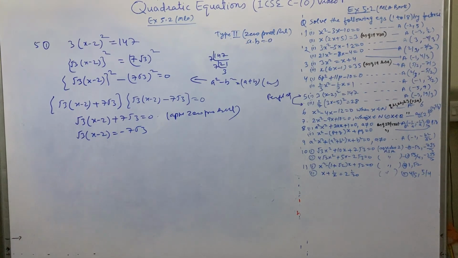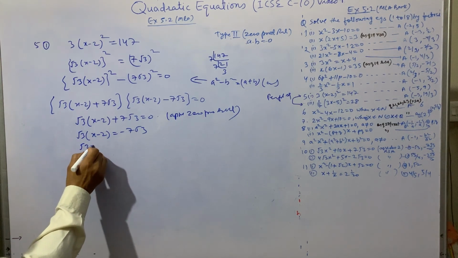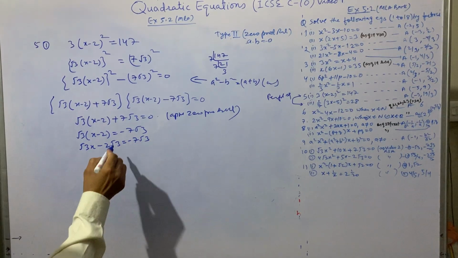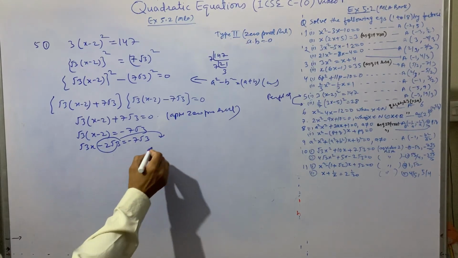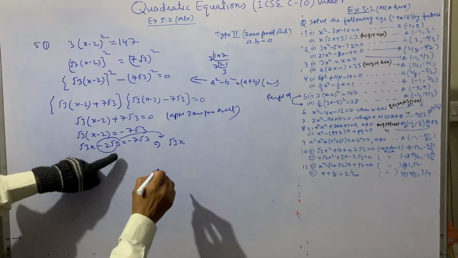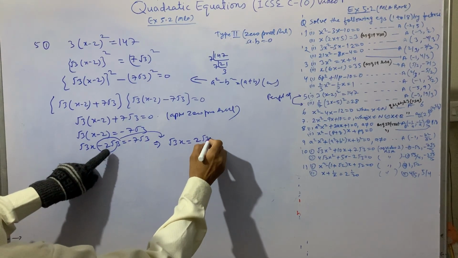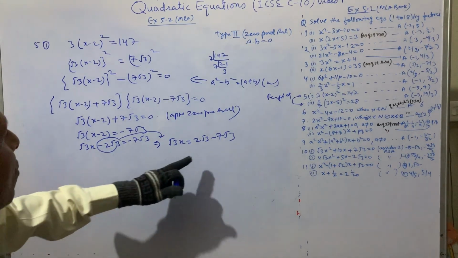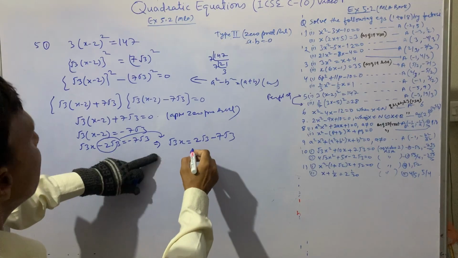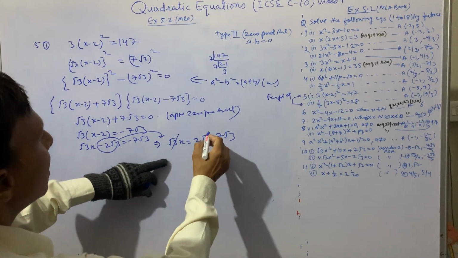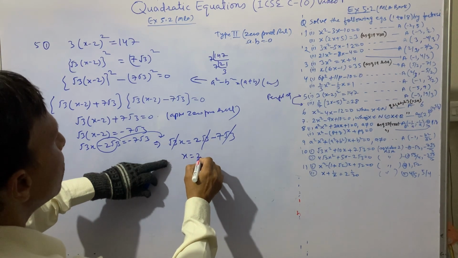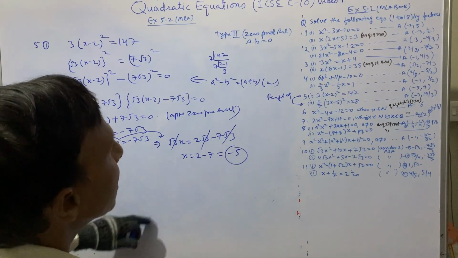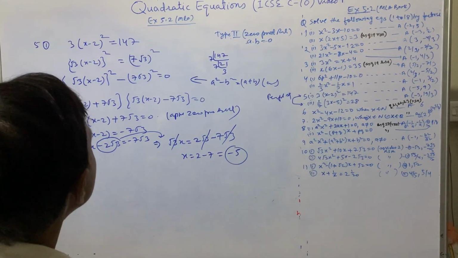इसको ओपन करो, x की वैल्यू निकालनी है। सो वी आर नाउ ओपनिंग इट। तो √3x मिलेगा और -2 √3 मिलेगा इज इक्वल टू -7 √3। क्लियर, इसको हम इधर शिफ्ट करेंगे। तो हमें मिल जाएगा √3x इज इक्वल टू, ये प्लस आएगा 2 √3 माइनस 7 √3। अब इसमें तो सीधे कॉमन कट रहा है, देखो इसमें x सीधे आ गया। √3 कॉमन बाहर लेके कट गया। तो x इज इक्वल टू 2 - 7, 2 - 7 इज इक्वल टू -5 आ गया। x की वैल्यू -5 आई है। फिफ्थ का फर्स्ट पार्ट है, x इक्वल टू -5।